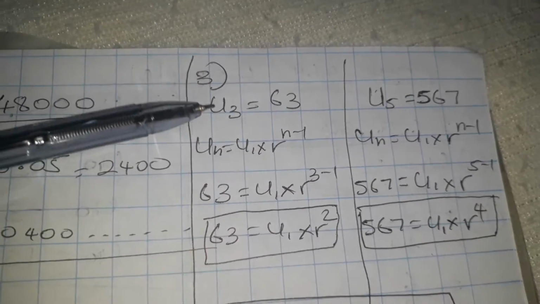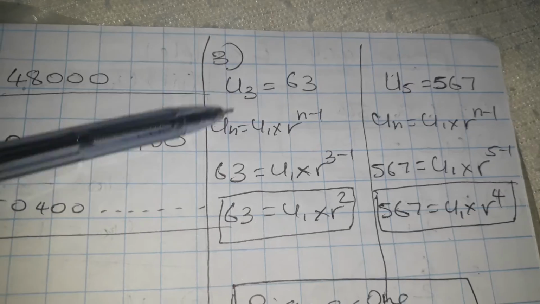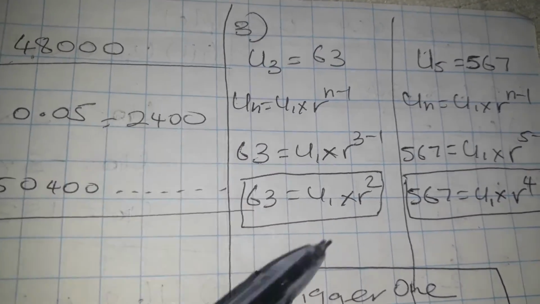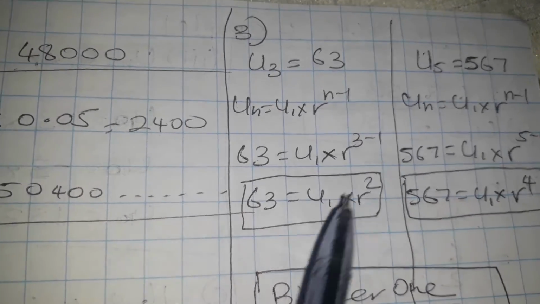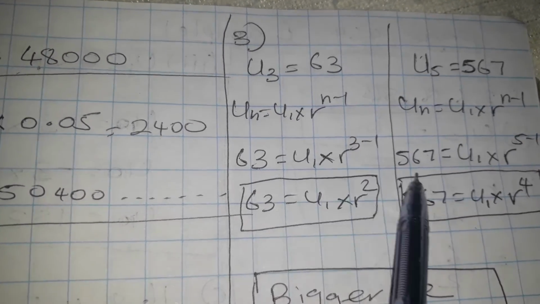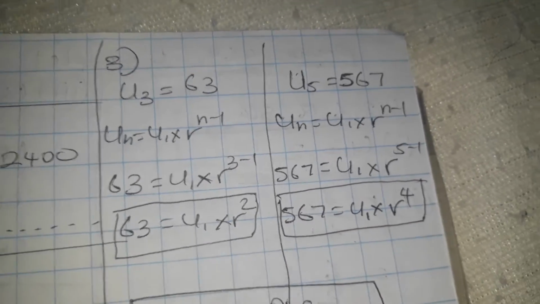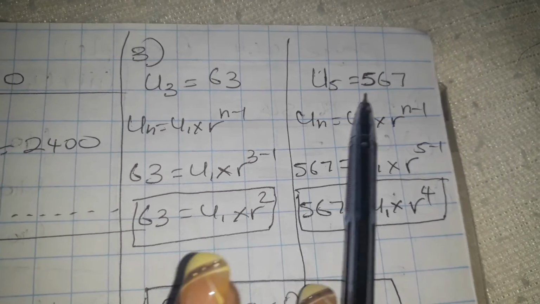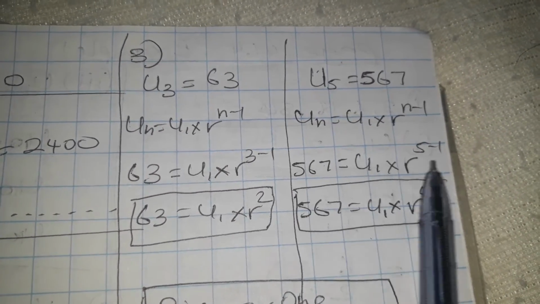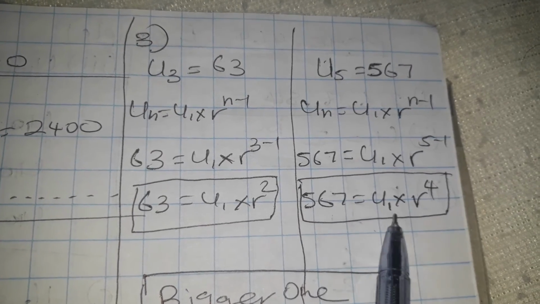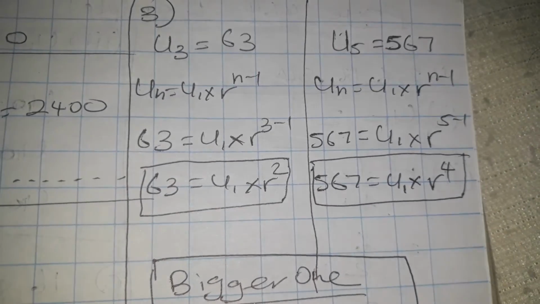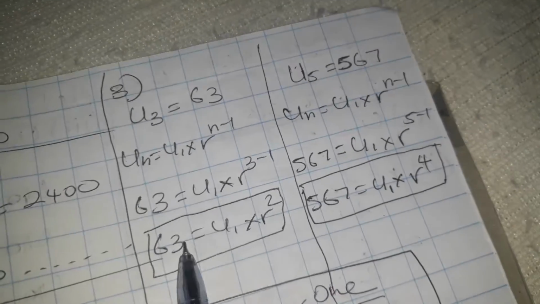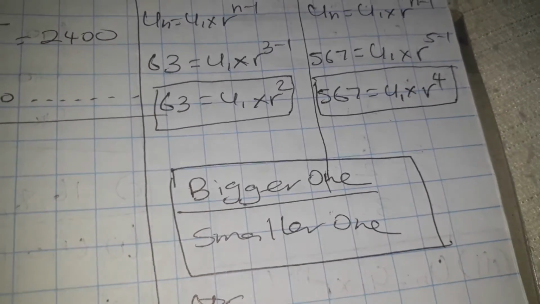And when I'm putting that into my formula, that's my third term, which is 63, so 63 is equal to U1 times R to the power of 3 minus 1. That's my first simplified expression. And for the U5, the fifth term, I am putting it in the general term formula, and when simplified I get 567 is equal to U1 times R to the power of 4. Okay, the logical way is to solve these two simultaneously, or the trickier way, since it's geometric,